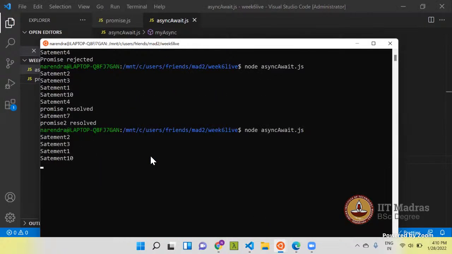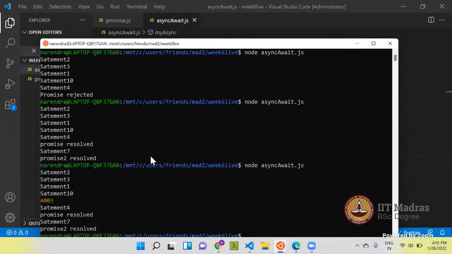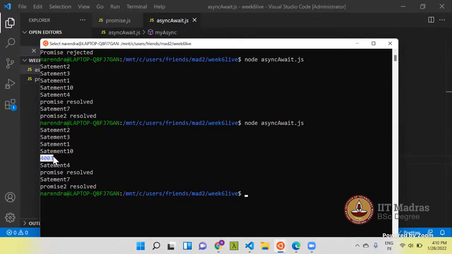So after 10 it stops. It takes 4003, like 4000 milliseconds approximately. So it will take 4 seconds.